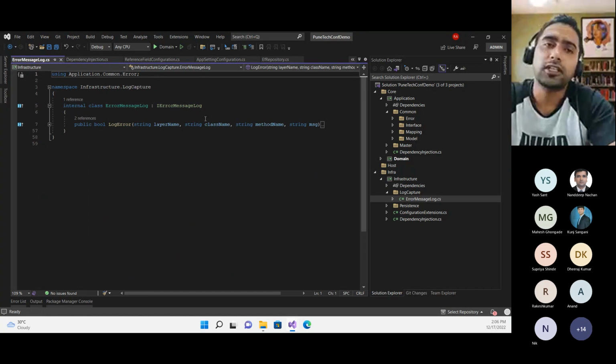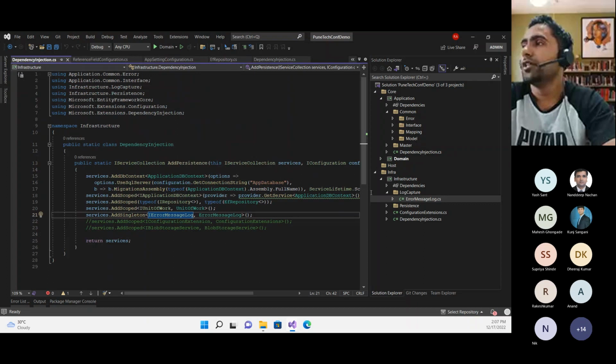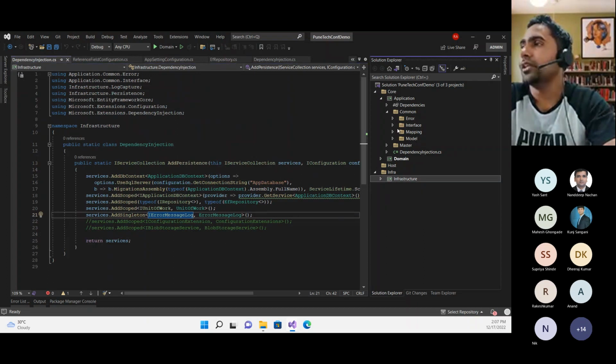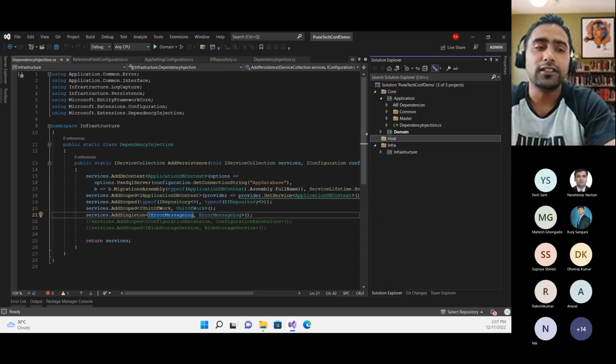Even if we are using cloud services, we can use Azure App Service. It has its own log analytics and many features, and you can use those also. So with this, our clean architecture is ready. Now we will add the host. You can add anything as the host, like ASP.NET Web API or Blazor